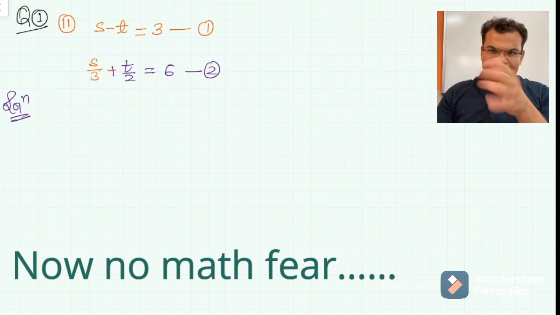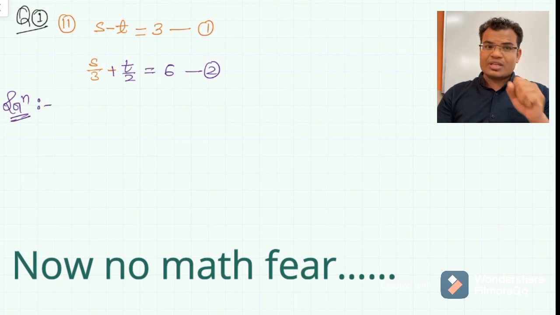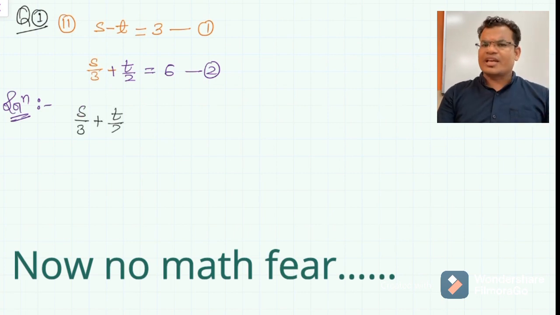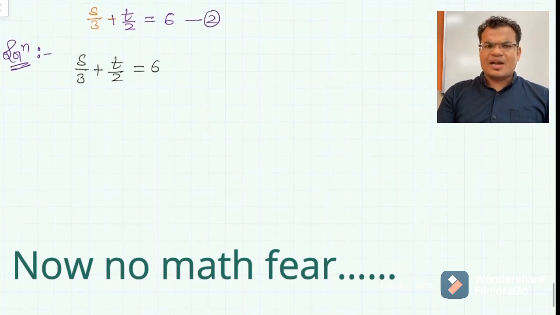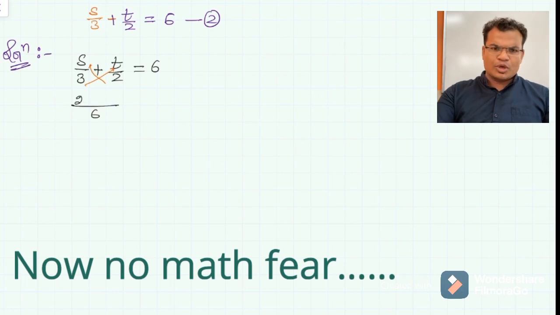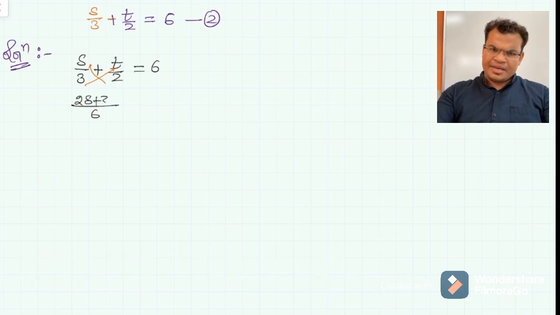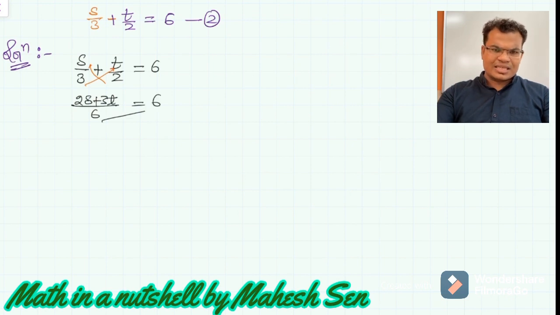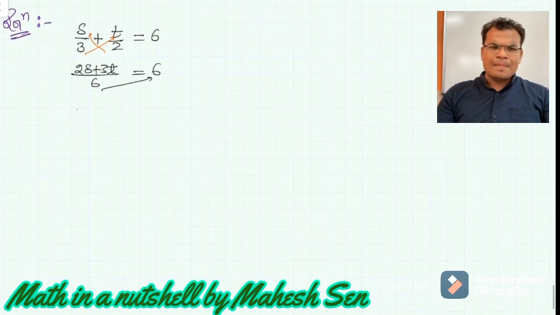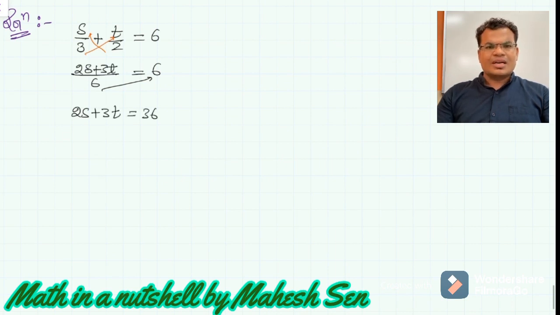Now guys, we have to simplify this equation, and in equation 2 we'll convert it to the standard form. So we'll take the LCM basically and then simplify. s upon 3 plus t upon 2, the LCM of 3 and 2 will be 6. We cross multiply in this way. So it will become 2 into s, that is 2s, plus 3t, equal to 6, and the 6 will go to the right hand side, we will multiply. So you will get 2s plus 3t equals 36.